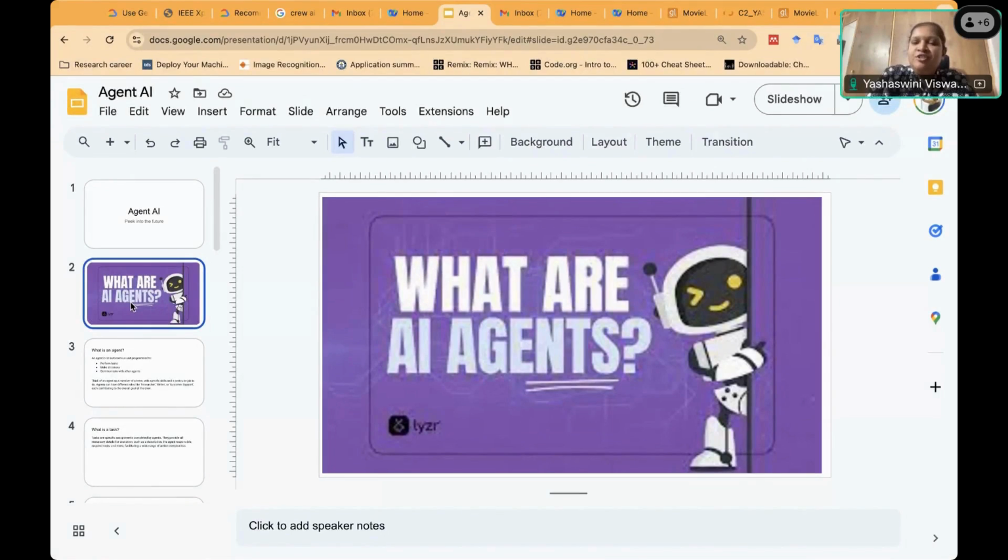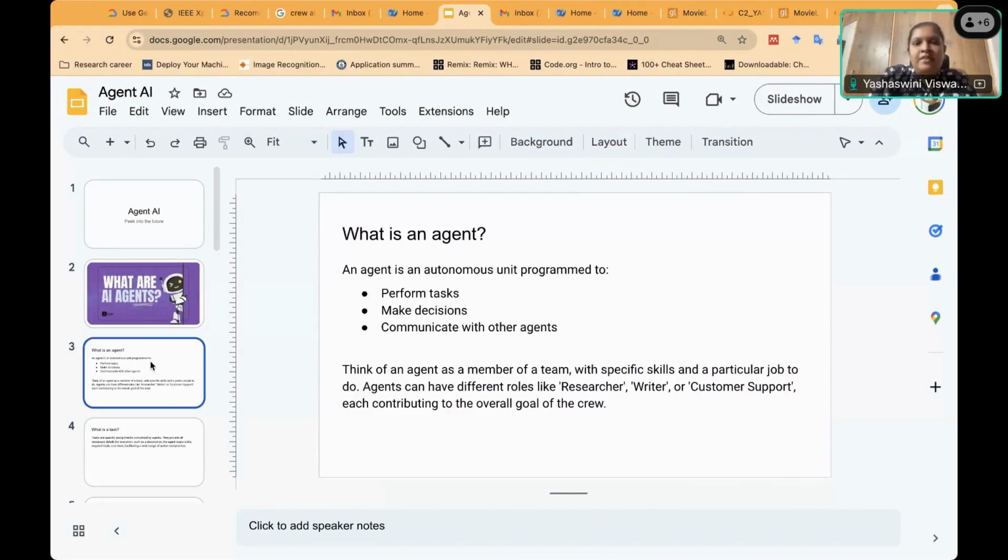What are AI agents? Are AI agents something which does a particular task? Yes. Agents are autonomous units. They do tasks and they make decisions. Earlier, when we wrote code, that code followed whatever instructions we wrote.